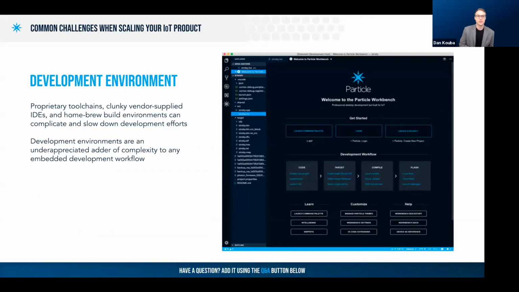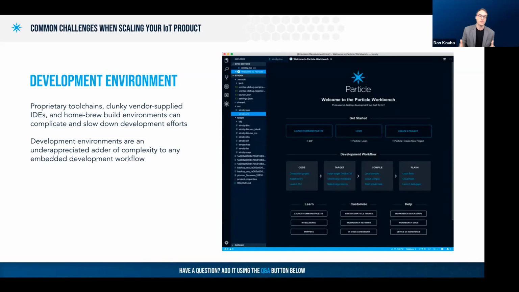Development environments. Let's talk a little bit about them. This is often the first thing that you're going to come in contact with after you've got your hardware on your desk. Unfortunately, a lot of vendors make this somewhat difficult. Either you have to use a clunky old IDE that they designed 10 years ago, or maybe you're expected to cobble together your own solution using a text editor, some makefiles over here, some scripts, and maybe you're interfacing with a black box compiler or toolchain that the vendor has provided for you. Possibly you may be new to embedded development, and this is just a really overwhelming process.